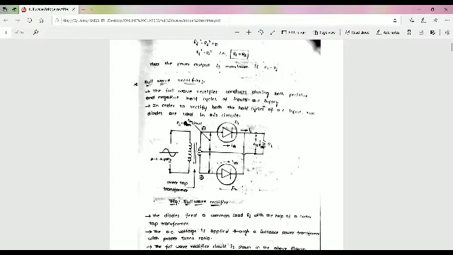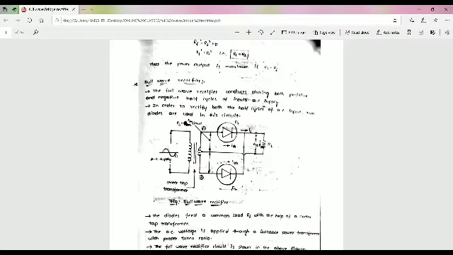First we give the AC supply, we get the output pulsating DC. So the rectifier converts AC to DC, pulsating DC. But here we are using a center tap transformer. So this is the center tap transformer and two conducting diodes and a load resistance. The full-wave rectifier conducts both the positive and negative half cycles of the input AC supply. This is the positive half cycle and this is the negative half cycle.